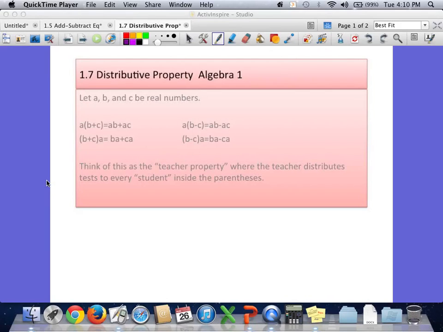Distributive property, Algebra 1. All right, so we're going to be talking about distributive property, one of the first properties that we'll be really getting into, real heavy. Let A, B, and C be real numbers, and that's all that we'll be using in Algebra 1, just real numbers. So with the distributive property, we have things like A times the sum of B plus C